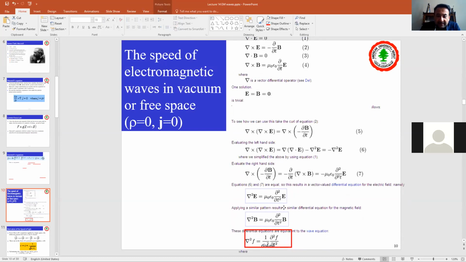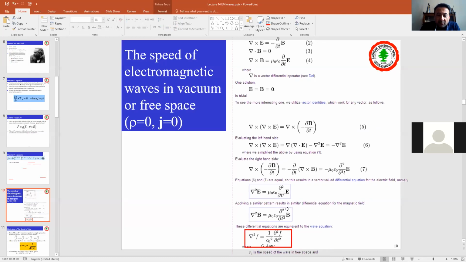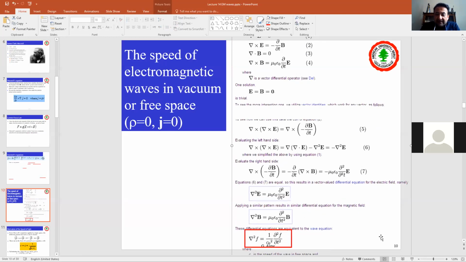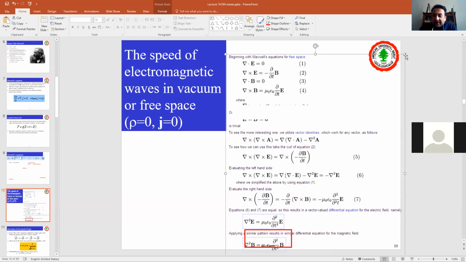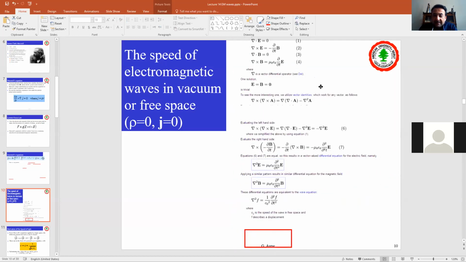These equations are well-known in mathematics, and they are called the wave equation. The solution for these equations is simple sine waves. If you replace sine of kx minus omega t,